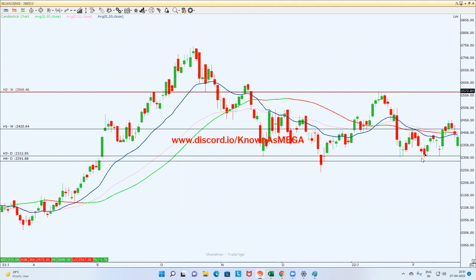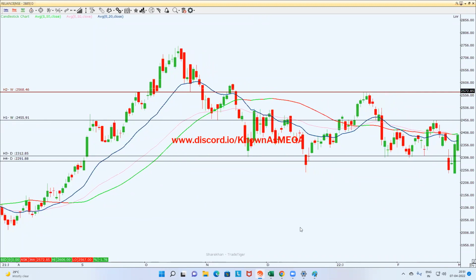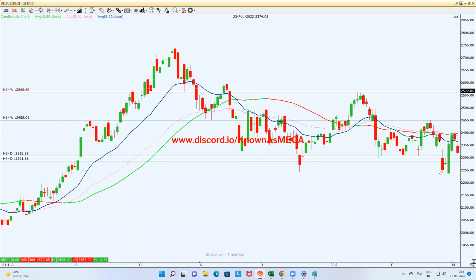See, again, it did not breach the supply. It still went up. It gave even a good move. It gave a move up till 2455. And once here, it gave a stop loss. And if you move the stop loss again, if you see,